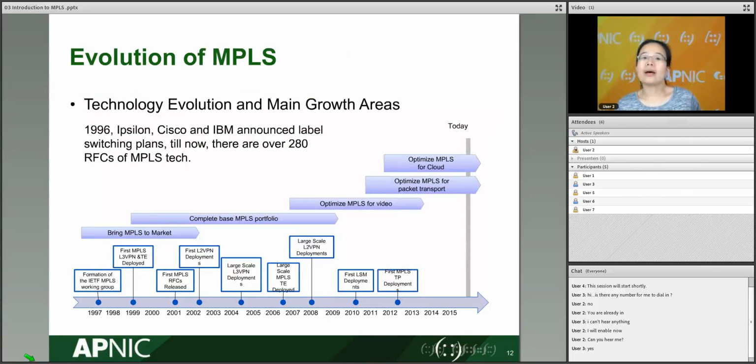And for the MPLS evolution, in fact, all these technologies are published. You can see the first MPLS RFC released in 2001, so not very early. And the working group was founded in 1997. And before that, you can see different companies announced label switching plans. Many people should know, Cisco has tag switching, and the MPLS has been standardized. Some parts are from the tag switching and from different technologies,